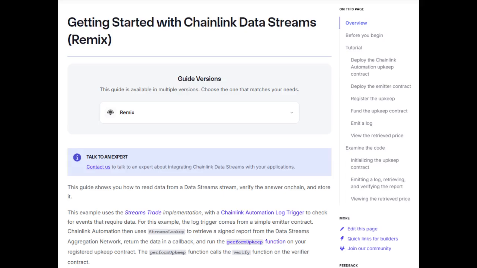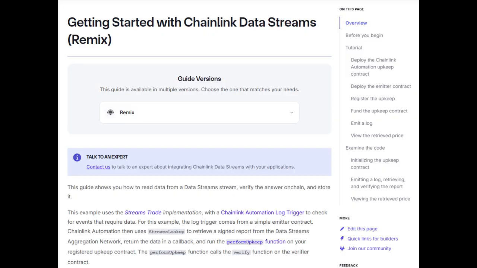Today we're tackling Chainlink Data Streams. Think of it like plugging your smart contracts directly into the real world to get live information. Exactly. And in this deep dive, we're not just waving our hands at the idea. We're going to get into the nitty-gritty of how you actually pull that data in, make sure it's legit, and then store it. Right. Our focus today is a classic example, getting the price of ETH against the US dollar